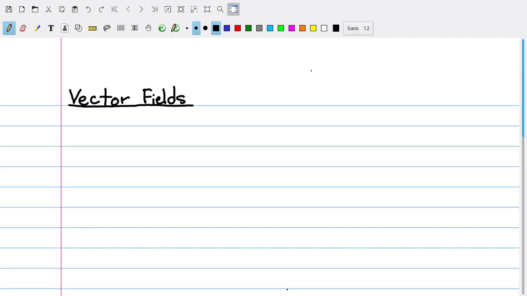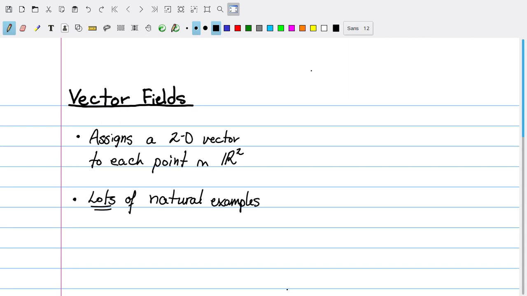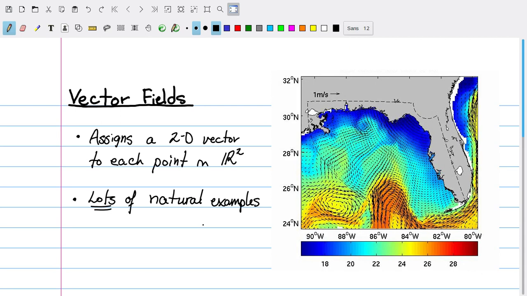The topic for today is vector fields. Vector fields are functions which assign to every point in the real plane some two-dimensional vector. They're important because there are lots of natural examples. For example, the following graph